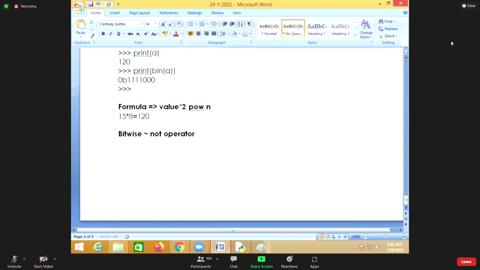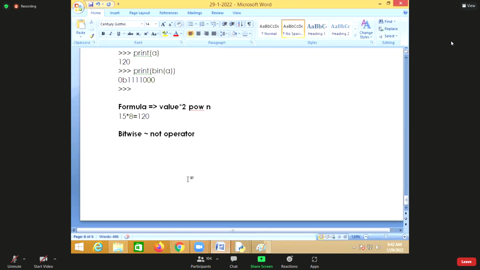Suppose I'm saying x equal to not 5. Now this not is which one? Bitwise. So first you have to convert 5 into which one? Binary, and then take the 2's complement. That is how you apply the NOT operation: 2's complement and add 1. Then that is the result of not 5. But what you can do is simply apply